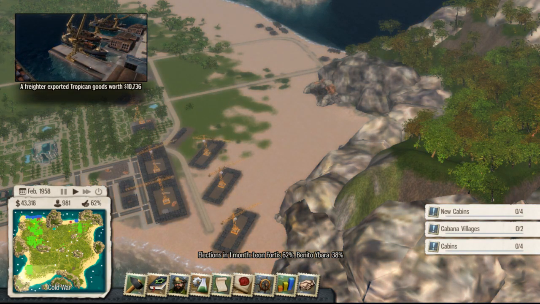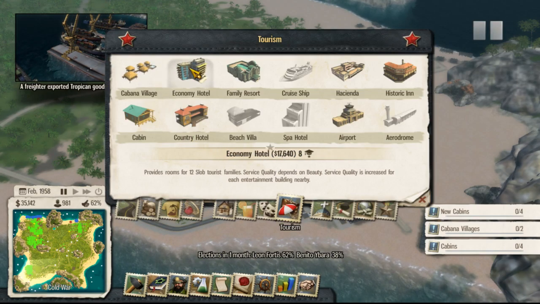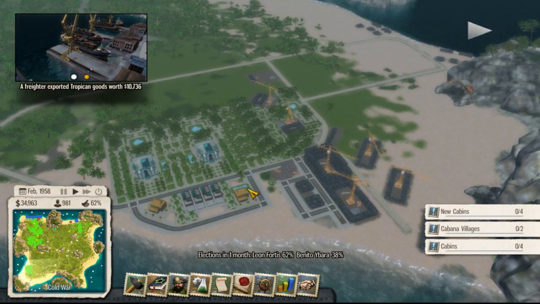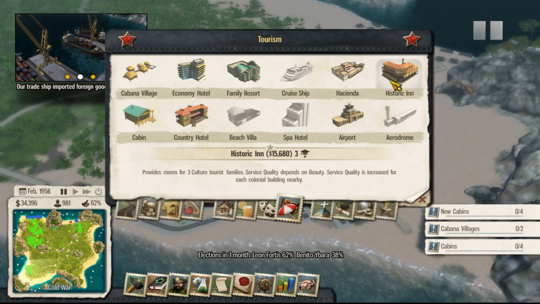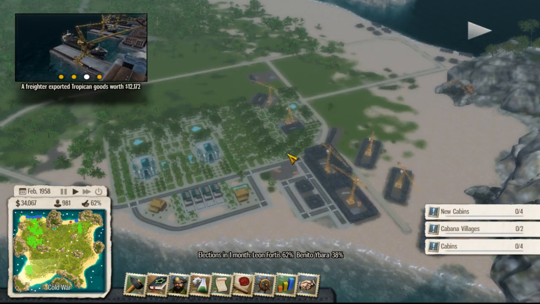Cabana villages going on there, because if we go on here, it says they're for slob tourist families, and so is the economy hotel. So we're going to keep them all in the same place where possible. Now, the historic inn is for culture tourists, and so the haciendas. So the next thing I wanted to do,